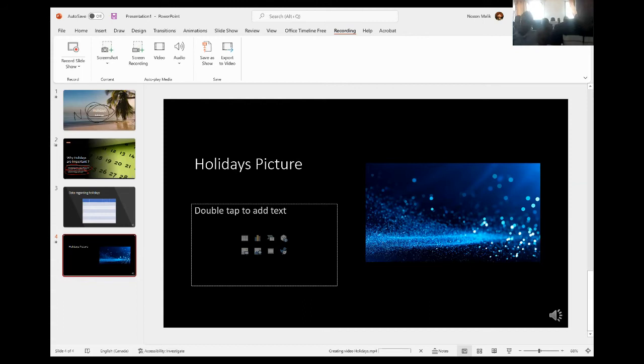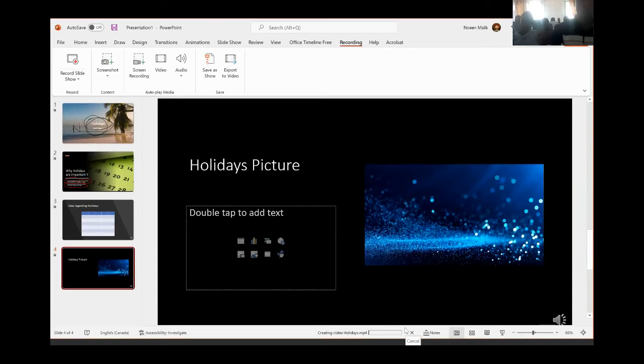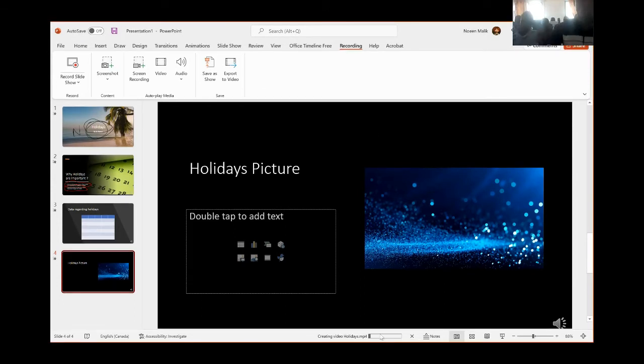It will just take some time. You can see that it is still loading. While it is loading, let me see how much is left. Okay, it is still a little bit slow. After that, we will watch it together and then I will have questions for you. Okay. Let's get it done. It will just take like 2, 3, 4 minutes. I actually wanted to show you how to create a GIF also today, but I think it is too much for today.